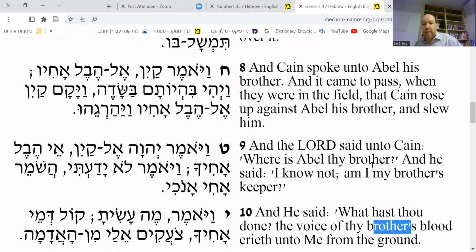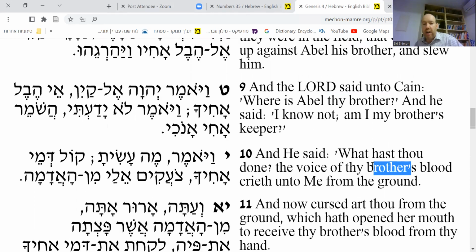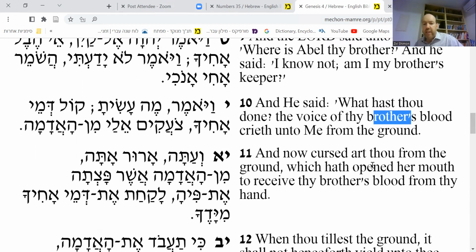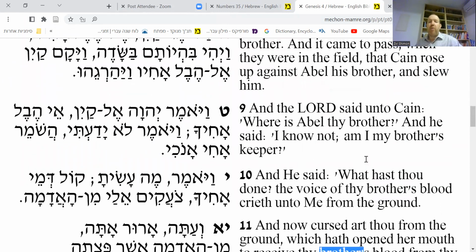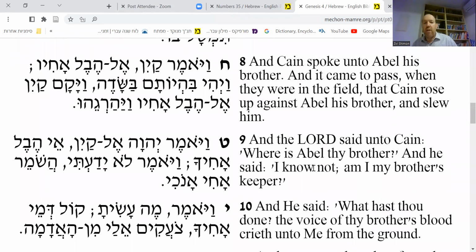Twice in verse 8, another twice in verse 9, and once more in verse 10, and once again in verse 11. Six times in a span of four verses, we find the word brother. Why emphasize the word brother when it's actually superfluous? The answer, I believe, is clear. The Torah is purposely focusing on this key word, brother, to highlight the severity of the act here, and also